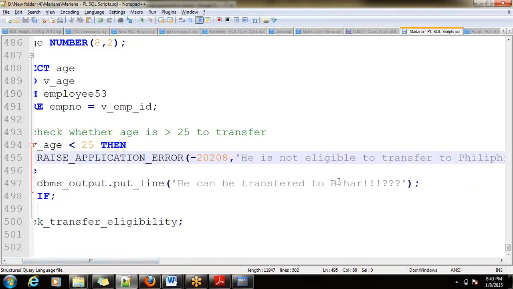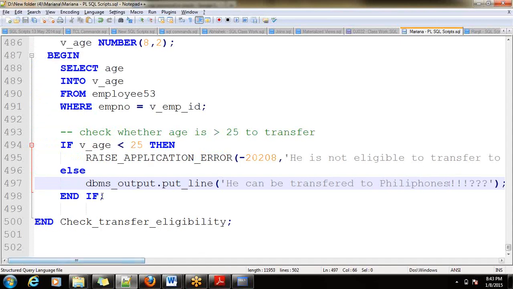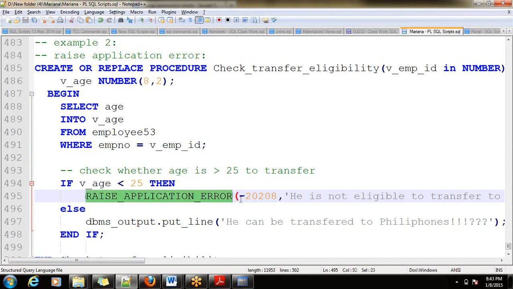Else he can be transferred to Philippines. Now let me execute this. Raise application error is one procedure name, and to this you pass error code and error message as 2 arguments.